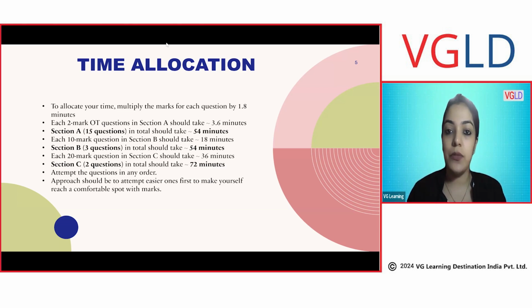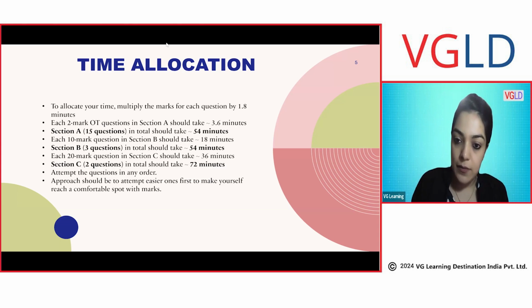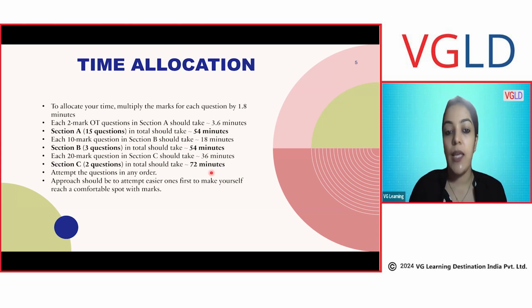Then section B also 30 marks. That is 54 minutes. And section C is of 40 marks. So 40 into 1.8, that is 72 minutes. This is the breakup that you're going to follow for section A, B, and C. A, 54 minutes, B, 54 minutes, and C, 72 minutes. This number 54, 54, 72 should be imprinted in your mind, because you are going to stick to the